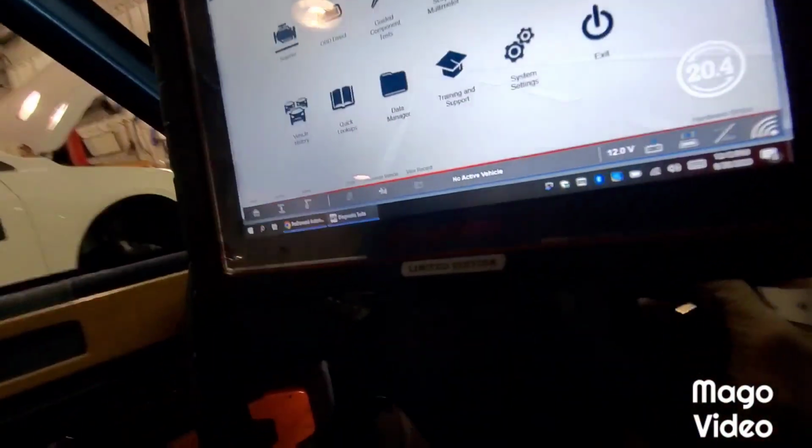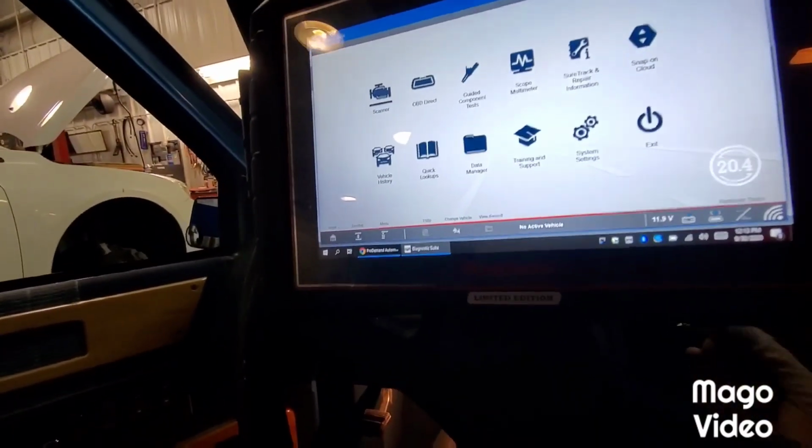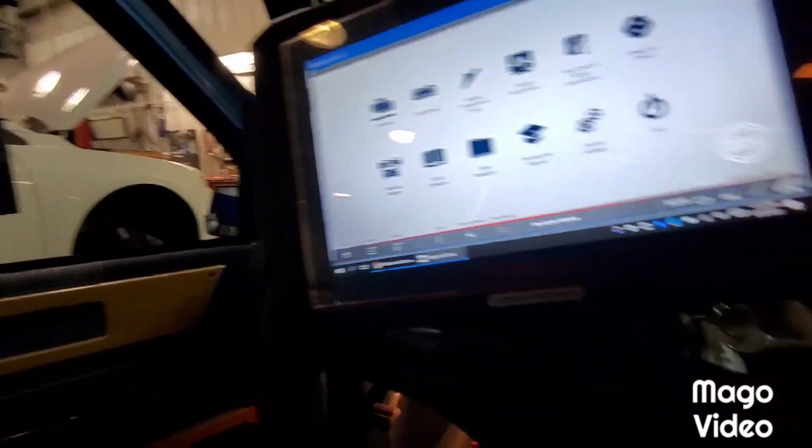We got us a '93 C1500 Chevy pickup, and they're complaining as the check engine light was on. Now, we're gonna do a little test run here, see if my